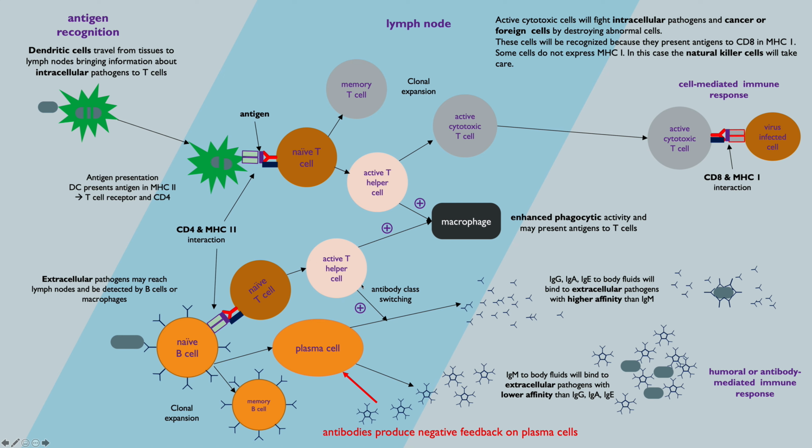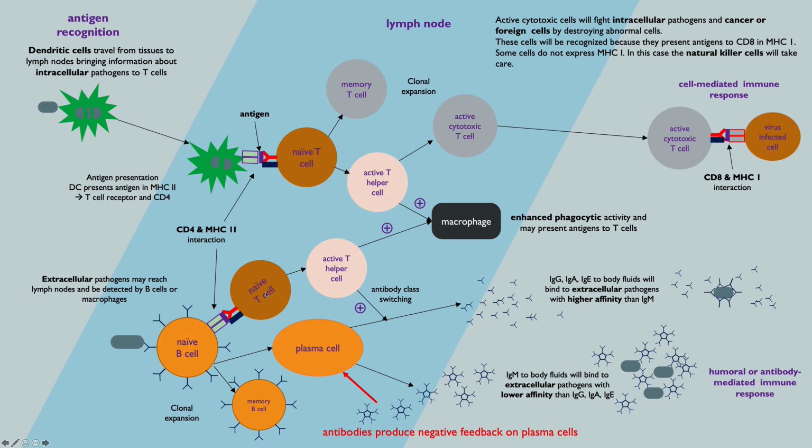Now, let's take a look at this part here that we haven't mentioned. When the naive B cells get in contact with this antigen, they will engulf it. There is a process known as receptor-mediated endocytosis. There is going to be processing of this antigen, and presentation of the antigen to the naive T cells, in a similar way as it happens with the interaction between the dendritic cells and these naive T cells. The antigen is processed and presented using the MHC class 2 molecule,